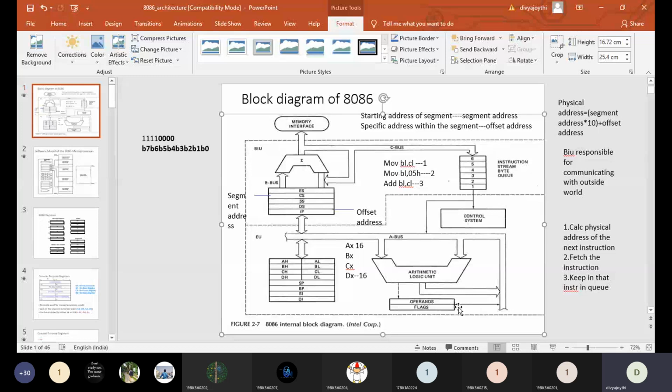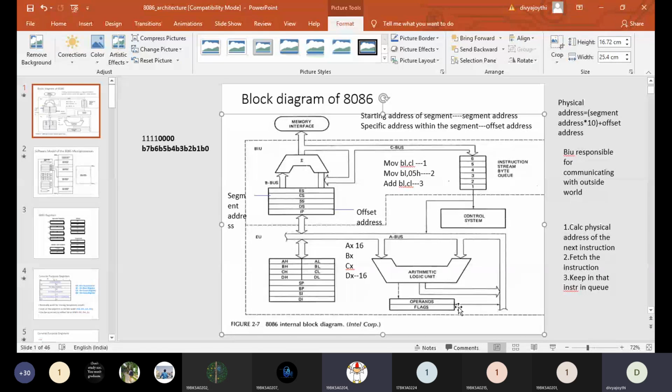Say if your result contains 0, the flag register will tell you whether your result is a zero result or a non-zero result. Whether the result has a carry or not, whether the result is positive or negative, whether the result is 0 or non-zero, that means the status of the result is being indicated by the flag registers. Guys, am I clear?